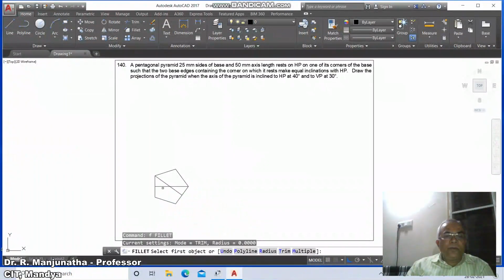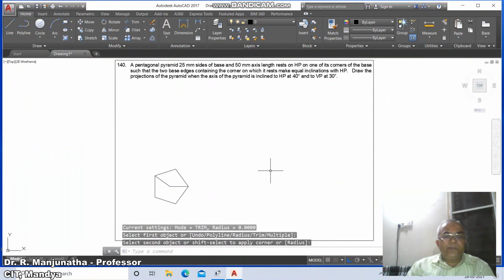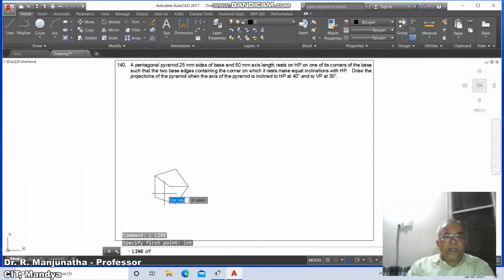Then go to trim corner between this line and this line, then go to line, INT of this and take INT of this and intersection of this. Similarly, take INT of this and INT of this.